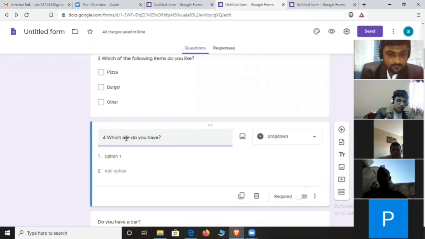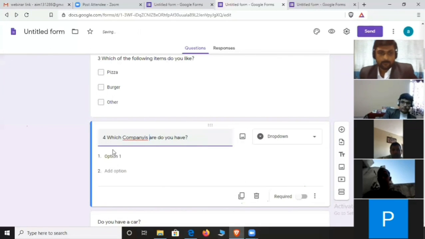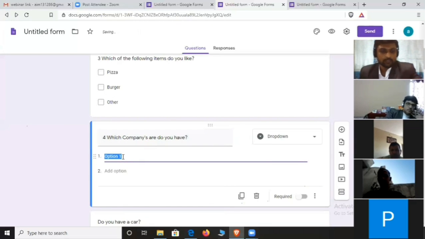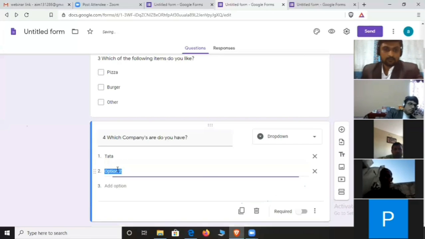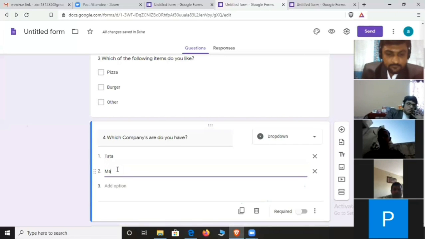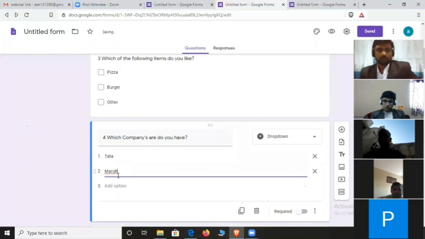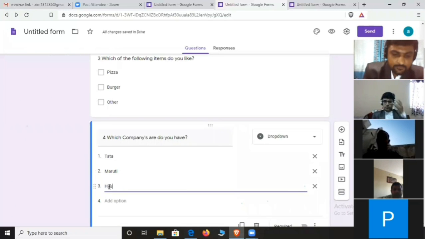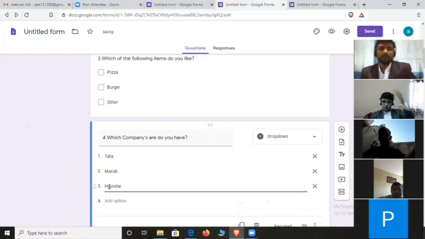Suppose the question is which company's car do you have? Okay, now you can write the names of the companies. Say Tata, say Maruti, say next Hyundai and other.